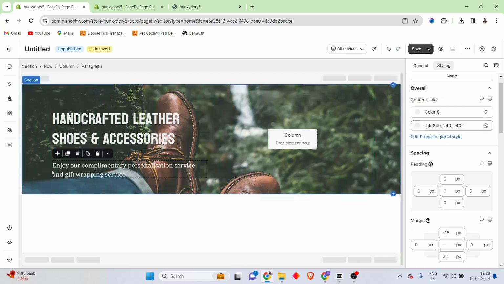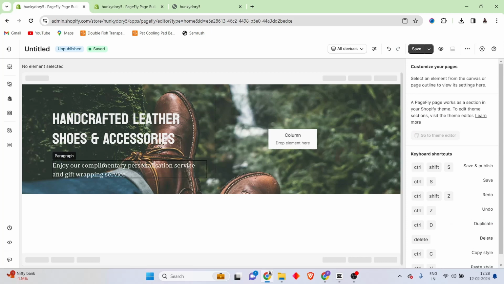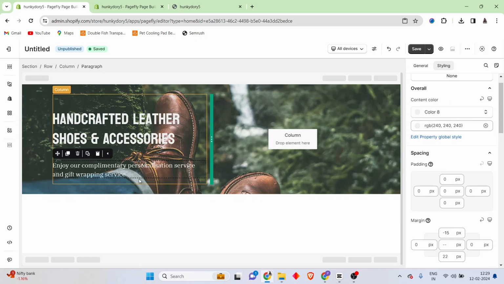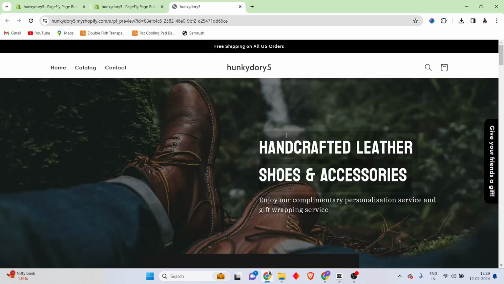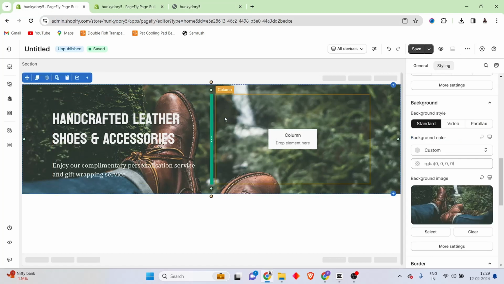By the way, if you want to add a custom color, then you can simply go inside of this one, and you can add a custom color from inside the color picker here. But since it was a little bit easier for me, I just selected a pre-selected color. Okay, so now that we have changed this, now we have to increase the padding inside of this particular hero